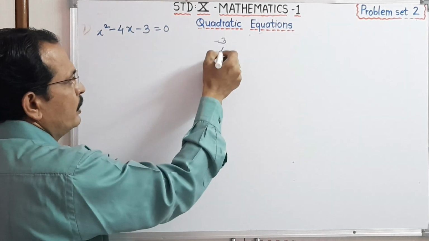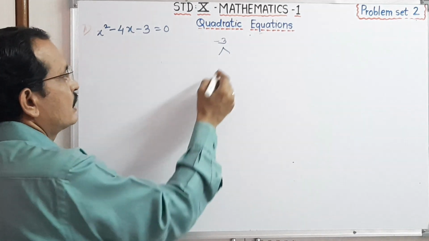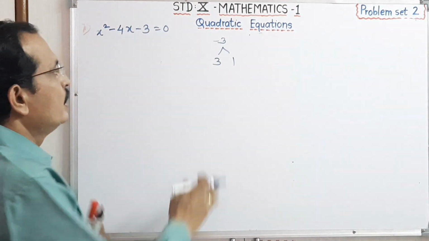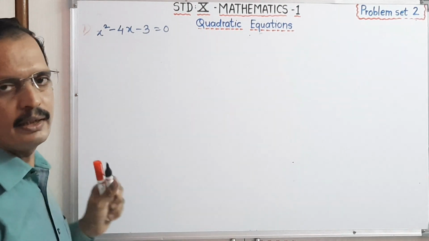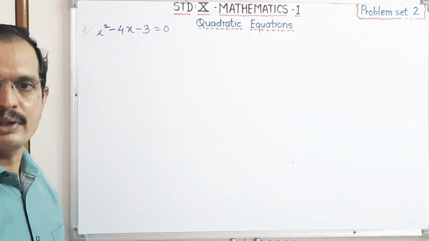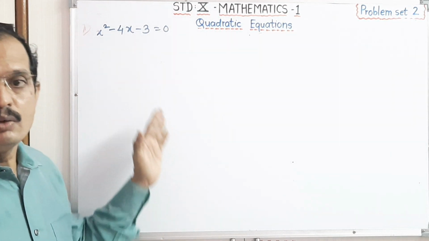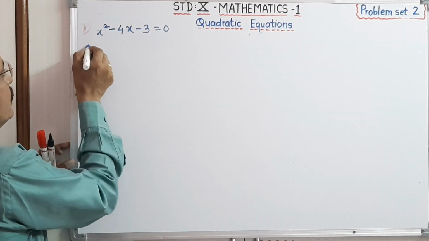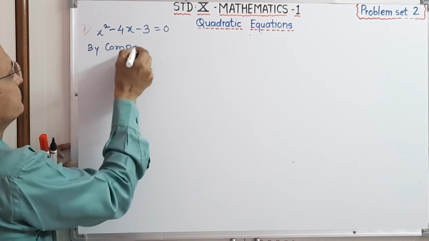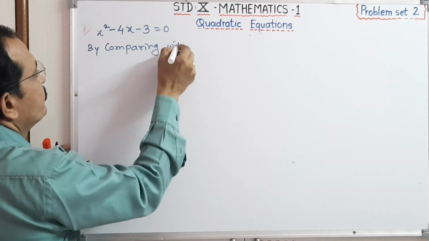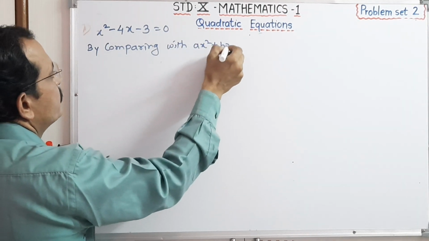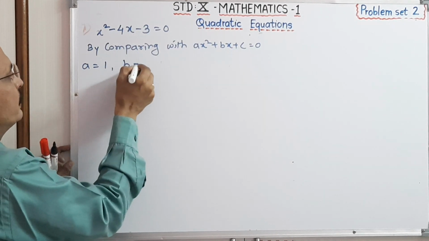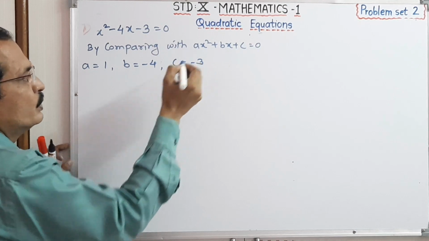Minus 3, again 3 is a prime number, factors are 3 and 1, and if we do the subtraction, it is 2, it is not 4. Therefore we can say that this equation we can't solve by factorization method, we have to use the formula method. And again for formula method we have to compare this equation, therefore by comparing with ax square plus bx plus c equal to 0. Now a is equal to 1, b is equal to minus 4 and c is equal to minus